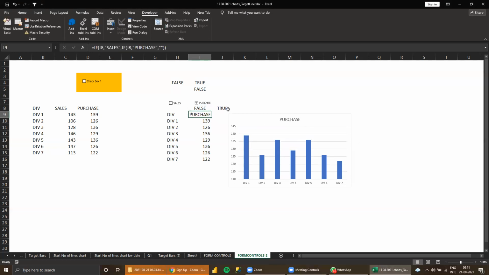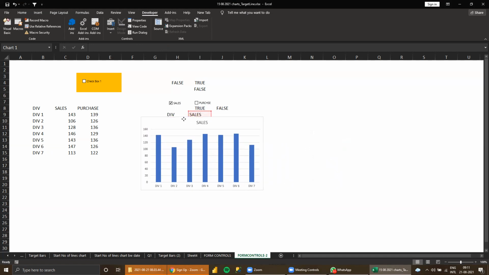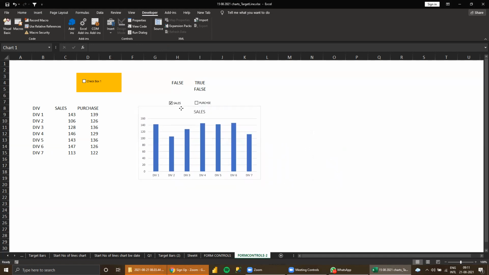Now see here, this is true, I can purchase. So click this, and here sale is there. Now this I'll put here. You can design the cosmetic part beautifully. See here, purchase, see here, no sales. Whatever, entire January to December you can give. Sales, purchase, whatever you want, you can give based on the selections.